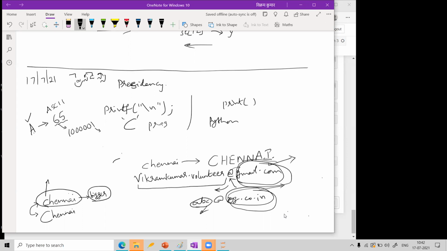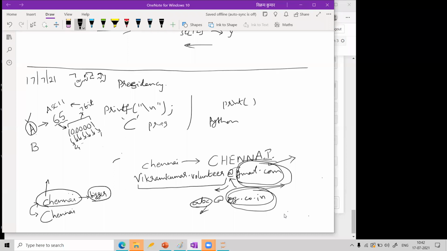Something like this. You know, this is 2 power 0, 2 power 1, 2 power 2, 2 power 3, 2 power 4, 2 power 5, 2 power 6. So this is 64, and this is 1. So total is 65. And this is 7 bits. This is 7-bit ASCII code. So whenever you are pressing capital A in the computer or in cell phone, that is considered as this, a 1, five zeros, another 1 kind of thing. So that is capital A.